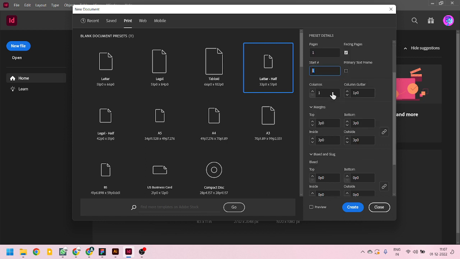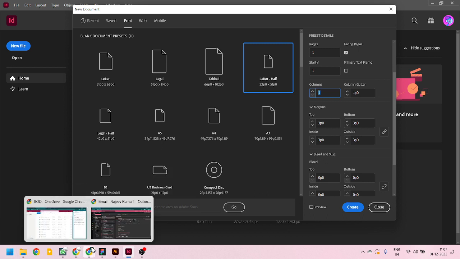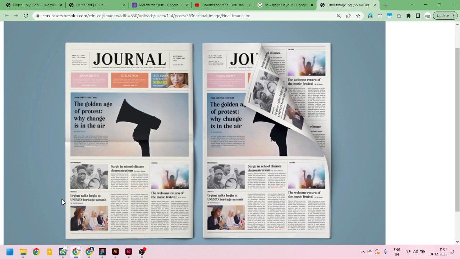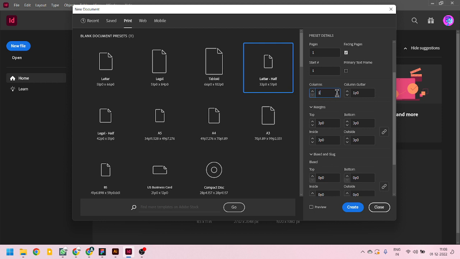Okay, so for the sake of showing you gutter, let me go for a 3 column layout. In fact, why don't we just quickly check the thing which we are attempting to draw, how many columns do we have here. So I noticed that if I break it down, there are some columns which are merged in places. So this belongs to this particular column, so I think 2 columns are here, then 2 columns are here in the center, and there are 2 more columns here. So we can go for a 6 column layout. So let's go for that. We will type in 6 here,